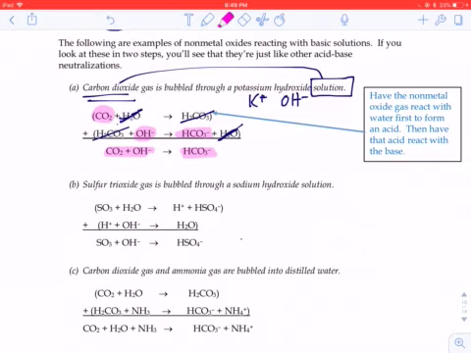Same thing happens in these other couple of examples. You have a nonmetal oxide being added to water. It makes a common acid in step 1. Then take